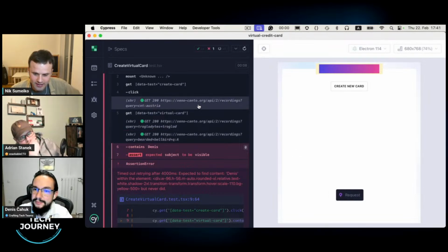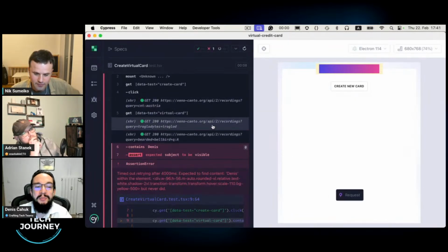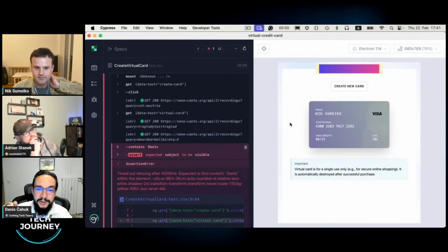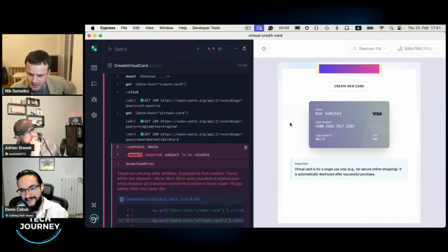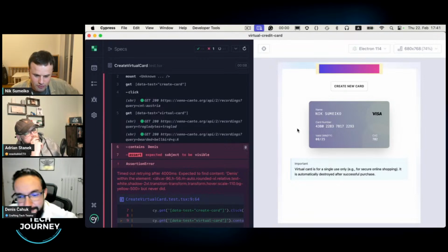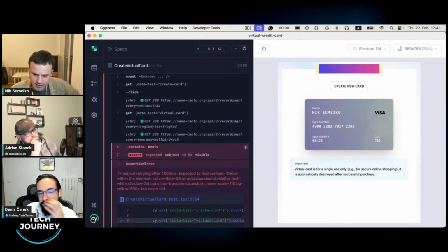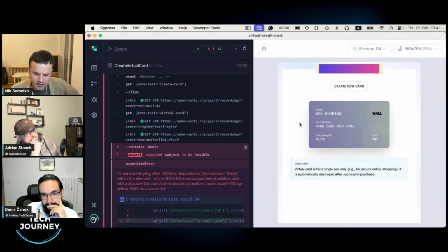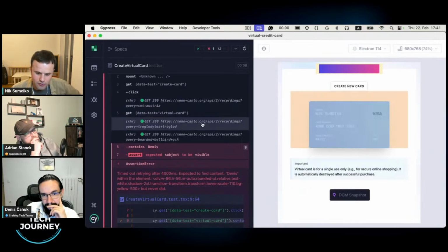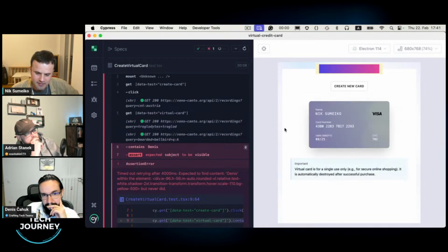Yes. Or rather, the problem isn't that they can change. The problem is when they change, you want the test to fail. If you mocked it, the test will still pass and it will only fail in production, which is what you don't want. So our test is close to being done, but still the numbers and the name are generated by the Visa SDK, and it goes to the outside world within a test, and that's a signal that it won't work when we run it in continuous integration. Because in continuous integration, we don't want any API request going somewhere outside.